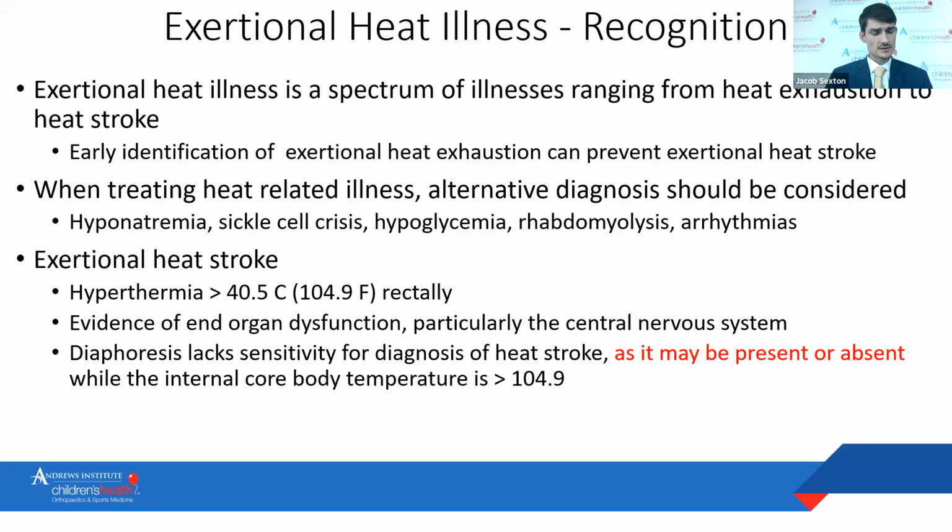The definition of exertional heat stroke occurs when there's hyperthermia greater than 104.9 degrees Fahrenheit rectally. And that's one of the most important parts. It has to be rectal, not axillary, temporal, or oral. No other methods of temperature readings is accepted except for rectal in regards to exertional heat illness. There needs to also be evidence of end-organ dysfunction, particularly the central nervous system. And typically when diagnosing exertional heat stroke, that is going to be the organ system that is going to help identify for you, as typically it is the easiest to assess. As for other internal organs such as the kidneys, the heart, and those type things, it's more subjective measures.